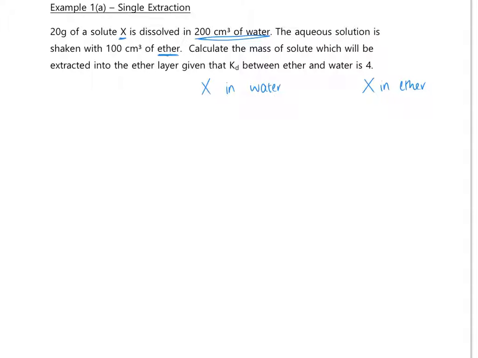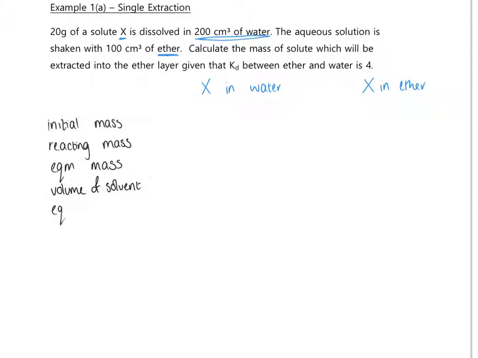And down the side, as previously, we'll have our initial mass, our reacting mass, our equilibrium mass, the volume of the solvent,